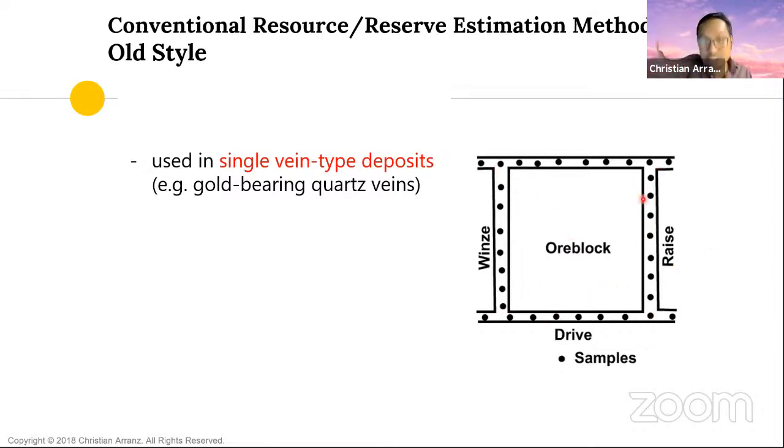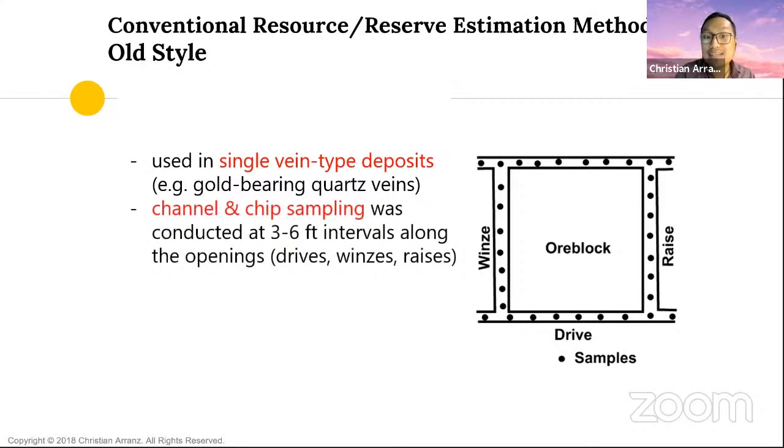Okay, so, ito yung drive, yung horizontal na openings. Ayan, so side view siya. Parang kinot natin, tapos tinitingnan side view. So, itong mga dots na yan, those are not just dots for aesthetic. Those are actually the sampling points. So, that means at those points, you do channel and chip sampling at 3 to 6 feet intervals along all of those openings. So, doon mo nalalaman kung ano ba ang, ano kayang idea doon sa grade, sa tonnage nung